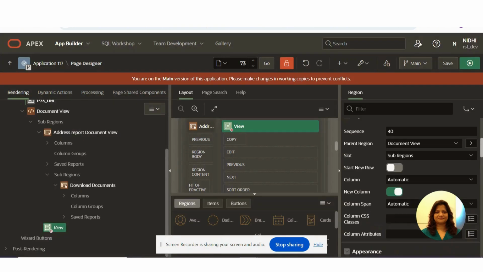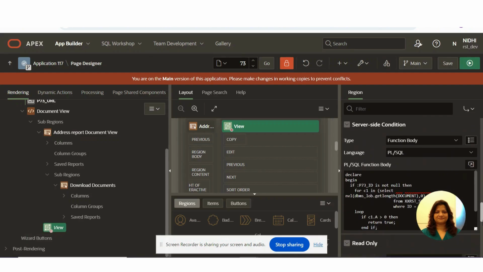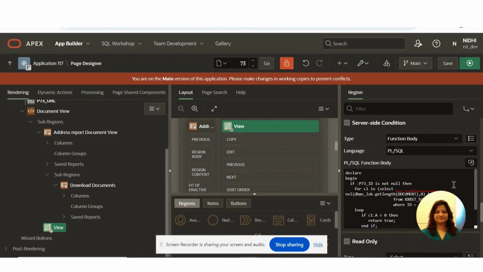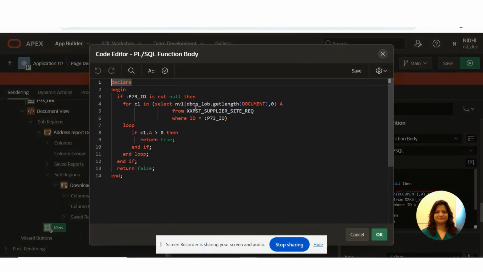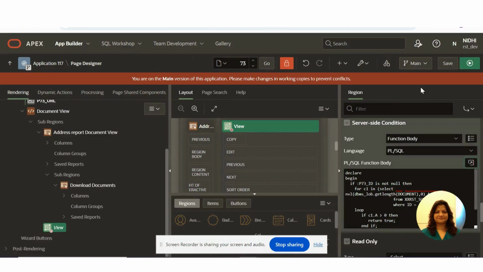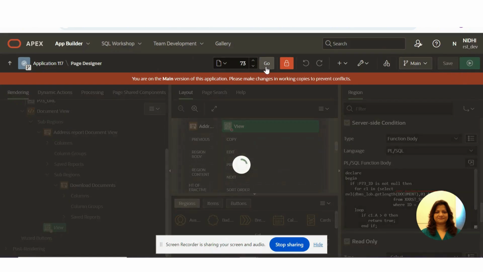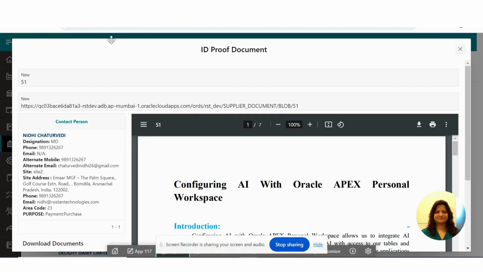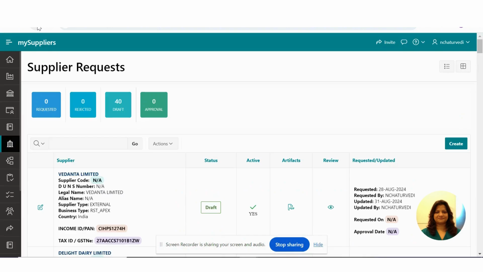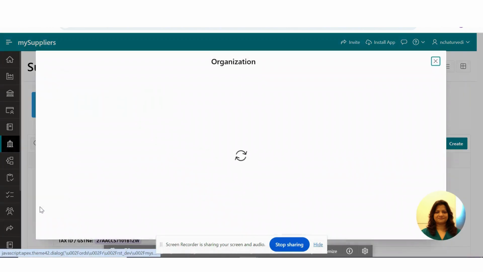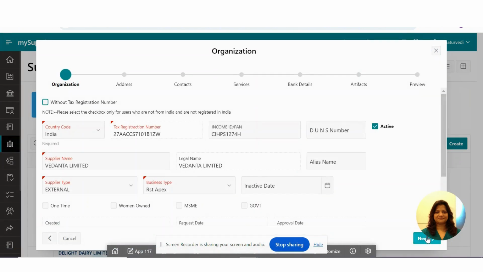Also I put a server-side condition, it is thrown when the item has a value. So save it, and again we can run the application.